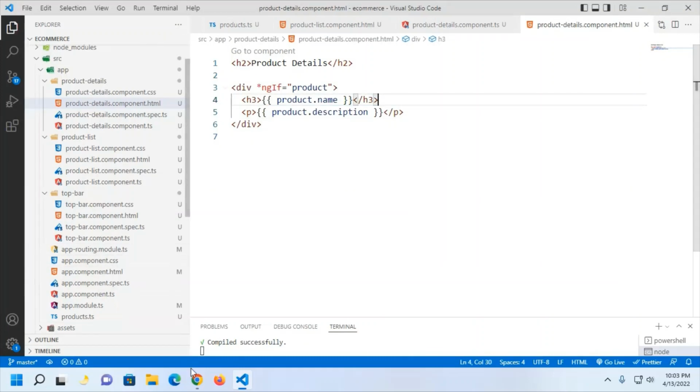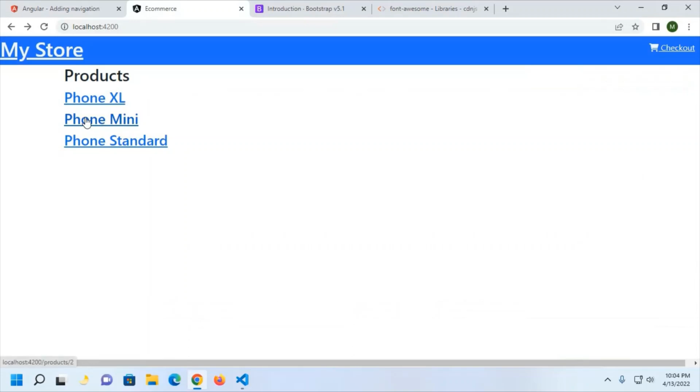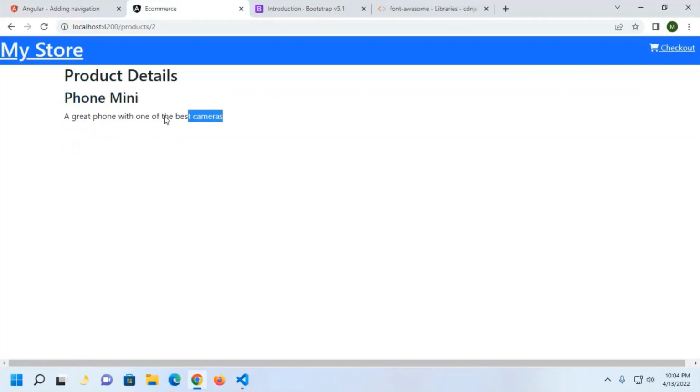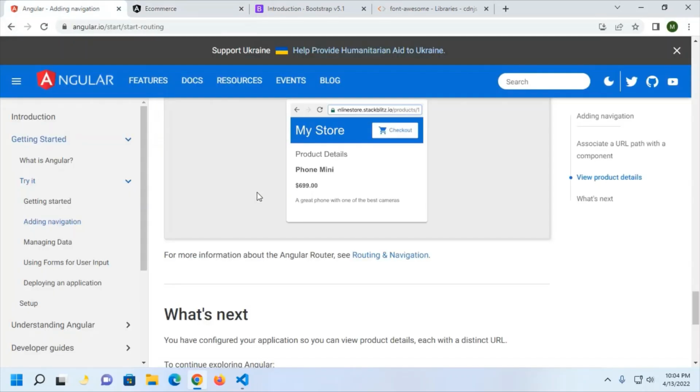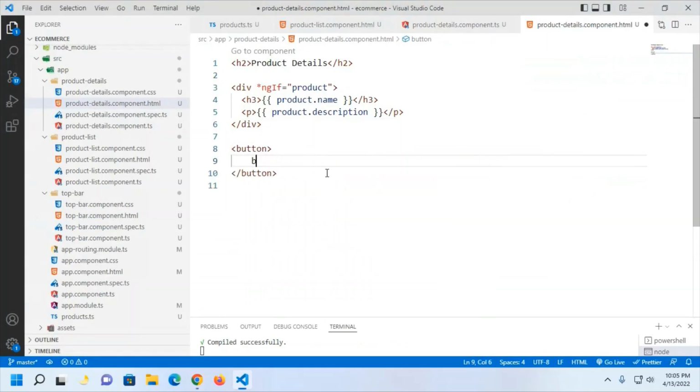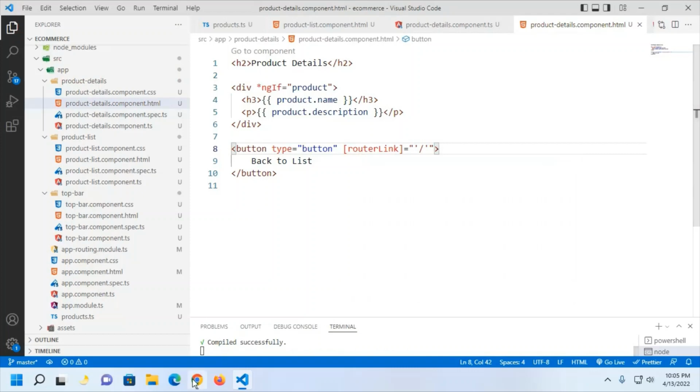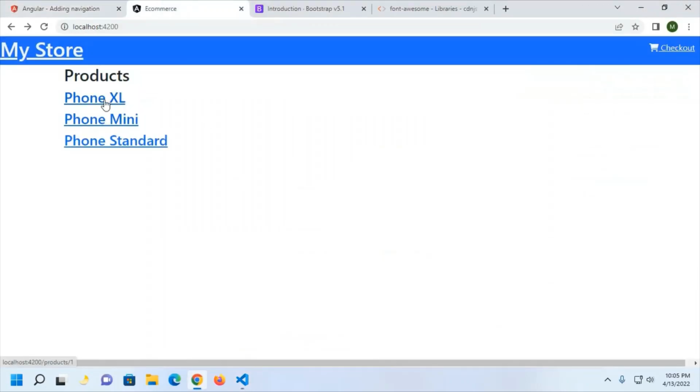Okay, save this file, click on this link and see the details of the product. Okay, let's add a back button on product details page. Click on back to list. Okay,